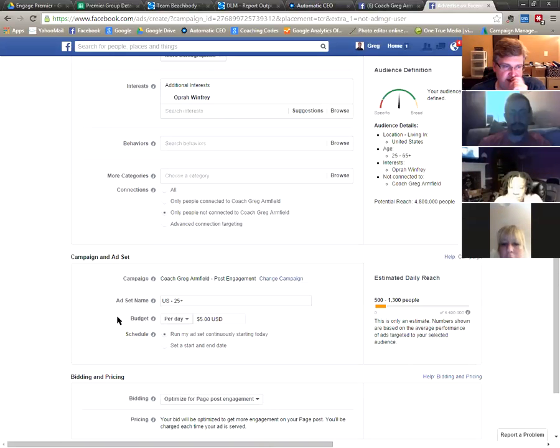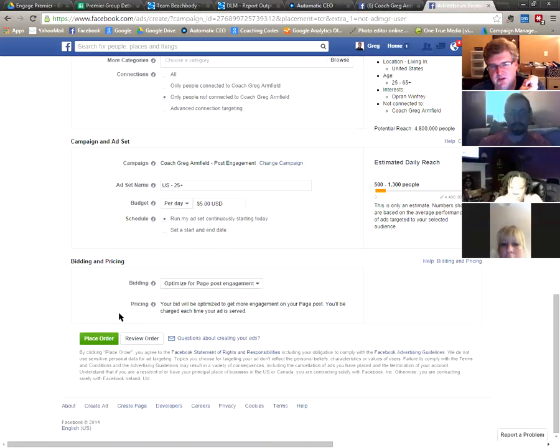So the thing that I found is Facebook, they love to reject ads. I don't know why, because they're making money, but you can't do before and afters. You can't have a picture that shows too much skin. You can't have a picture that has more than 25% of the picture covered in words, because you know how a lot of times as coaches we'll create a picture and then we'll write all over it. Well, they don't like that. So if more than 25% is covered, they'll reject it. So just keep that in mind.